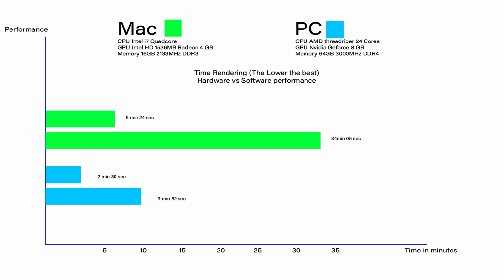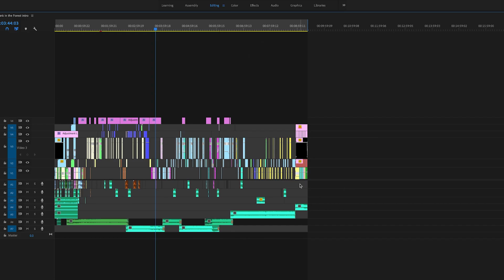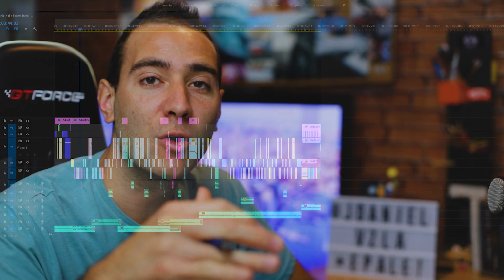And if we compare the hardware performance with the software performance, we can see a lot of difference as well. Even when we are using different footage with different resolutions, like 4K footage, 30 frames per second, 60 frames per second, 24, slow motion, speed ramps, effects, Lumetri color looks, it takes 2 minutes. Do you know, it's saving a lot of time. So from 40 minutes to 2 minutes, or even 9 minutes with the software encoding, you are really saving a lot of time. So it's incredible.